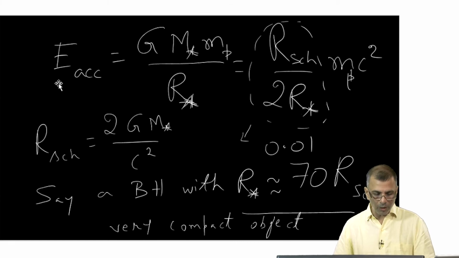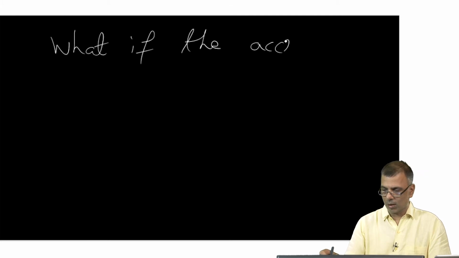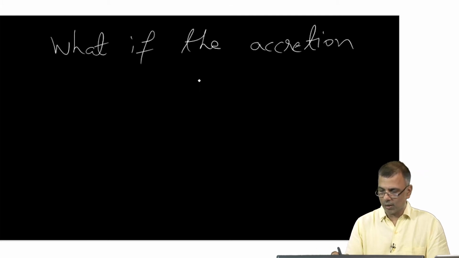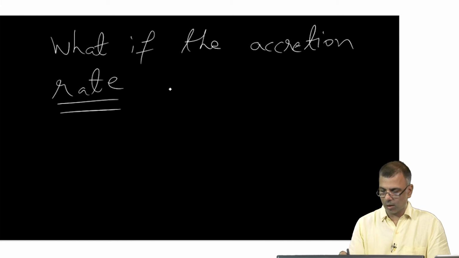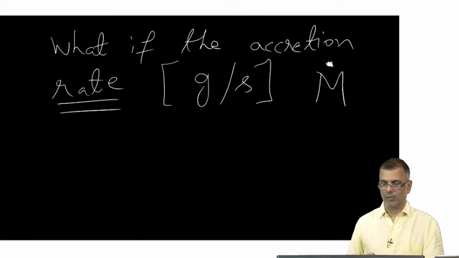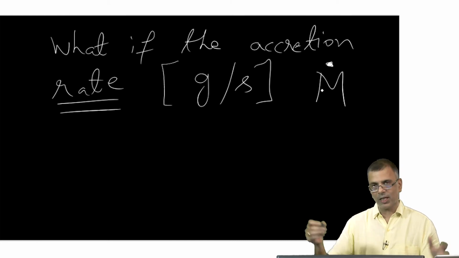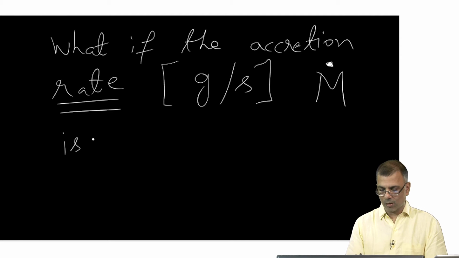So, in particular, what if the accretion rate, in other words, grams per second, m dot, and this dot denotes a time derivative. So, the number of grams per second that I am accreting is,